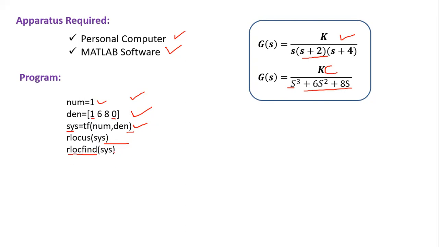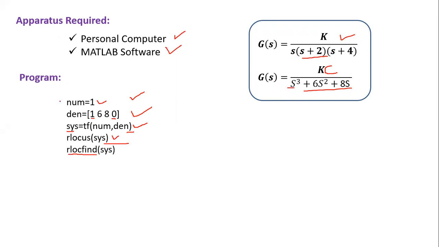With this, it will ask you to place the cursor point properly. Then we can choose that as the imaginary axis crossing point. If we click there, it will show in the command window where we are clicking and what the gain is at that point. The programming part is simple: numerator and denominator, framed as a transfer function. For the transfer function, we implement the root locus, and from the root locus we find the system gain k.